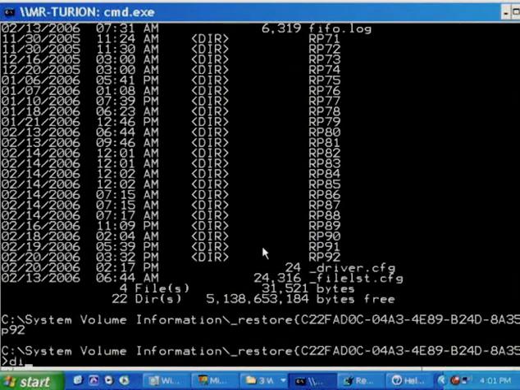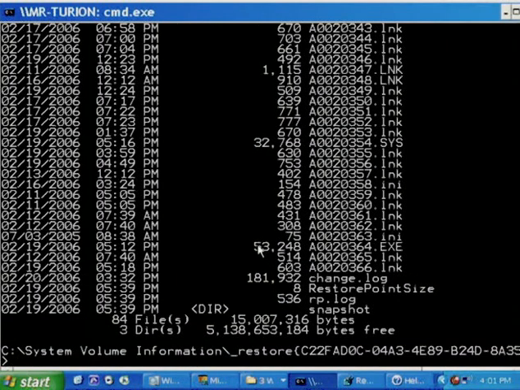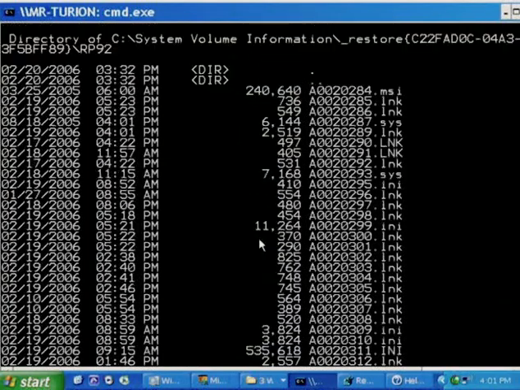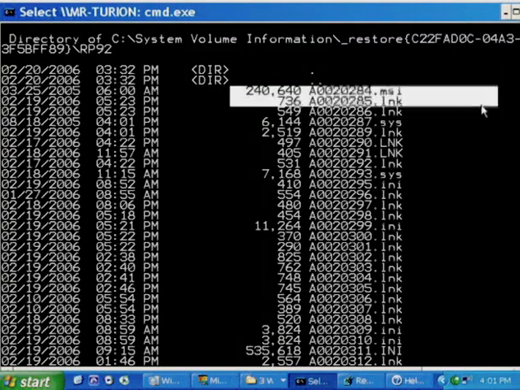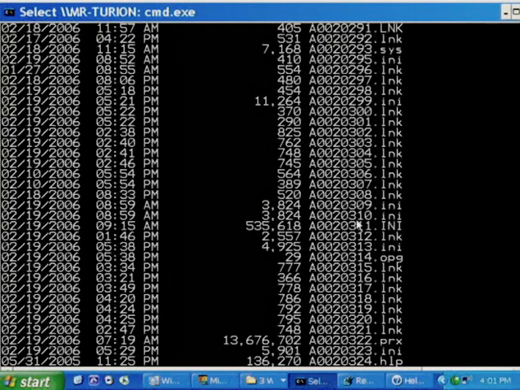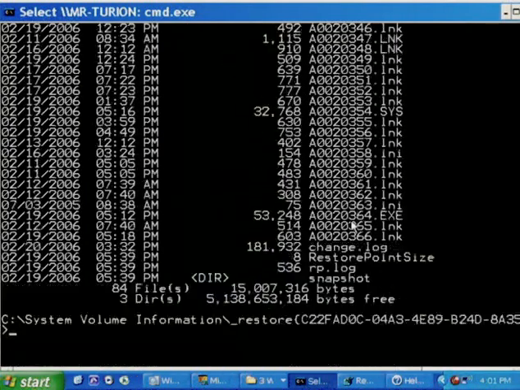If I do a directory of this folder, these files that begin with A represent files that match the special file type list that you referred to. For example, here's a .sys file that you must have replaced or deleted, an MSI file, some links, some shortcuts. So these are, again, files that are considered protected that this is a copy of. The names have been changed; the original file names are in a database. And if I were to roll back to the previous restore point, here are the original versions that the System Restore wizard can then take and put back onto the system.